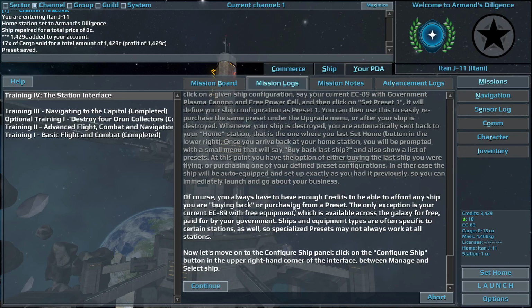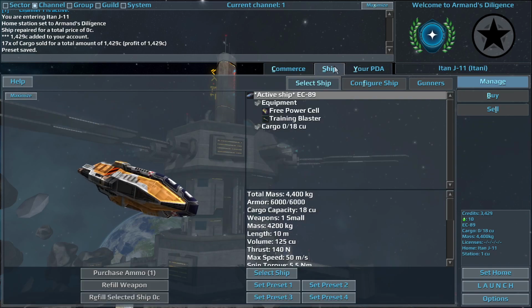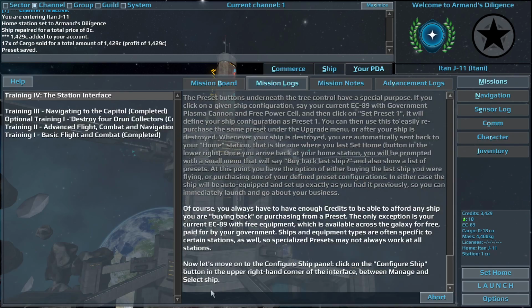Of course, you always have to have enough credits to be able to afford any ship you are buying back or purchasing from a preset. The only exception is your current EC-89 with free equipment, which is available across the galaxy for free, paid for by your government. Ships and